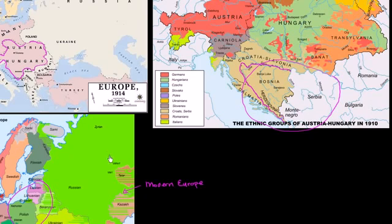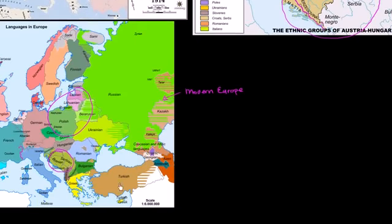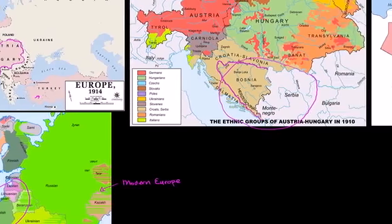The other thing that was very different, or the other country or nation or empire that we are not used to today, is the Ottoman Empire. If we go today, we see the country of Turkey, which is on the Anatolian Peninsula. This is Turkey right over here. This is modern-day Turkey. But entering into World War I in 1914, Turkey was essentially part of the remnants of